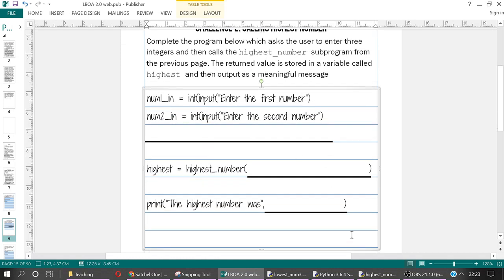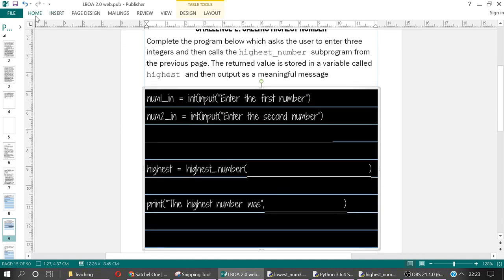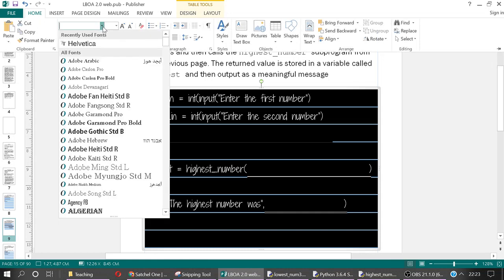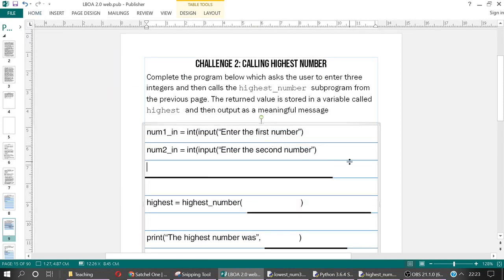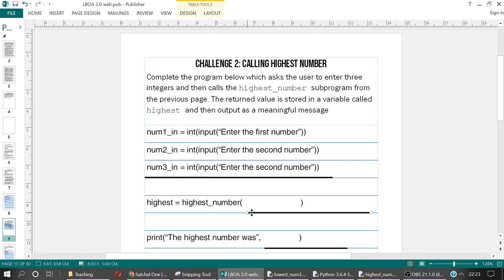So we've got num1 in, and let's change all this back to Helvetica. In the book, we've got this handwritten font, but actually on the screen it looks terrible. So num3 in, right, and we're going to ask for an integer input. And we say enter the second number. And that's because you've opened 2 brackets, so closing 2 brackets there. Highest equals